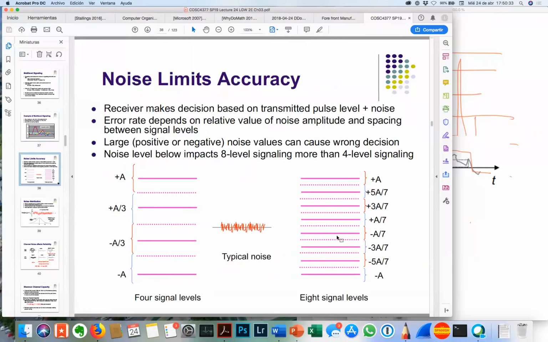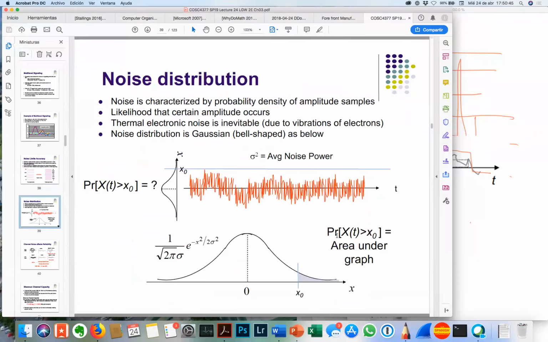So noise will limit your accuracy. On the left, I figured out there are 4 signals, and on the right I've got 8 signals, but that noise is big enough, it's probably going to ruin the right-hand side example, so I might want to stick with the left. You need rules for how noise is distributed across a network as well, and you can design your network transmission